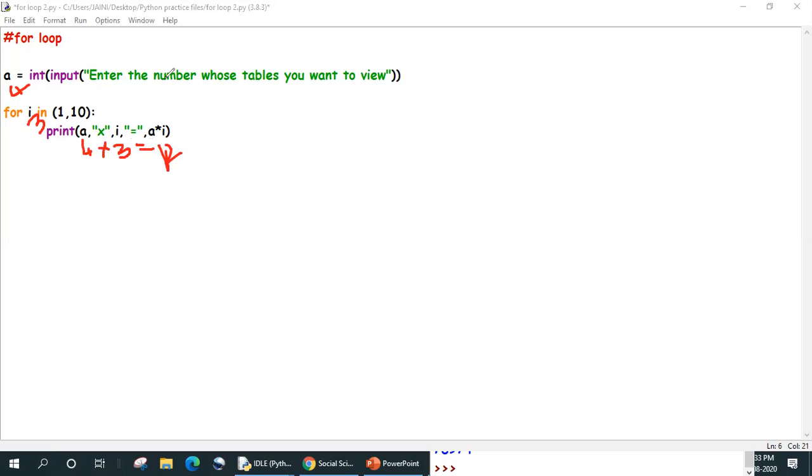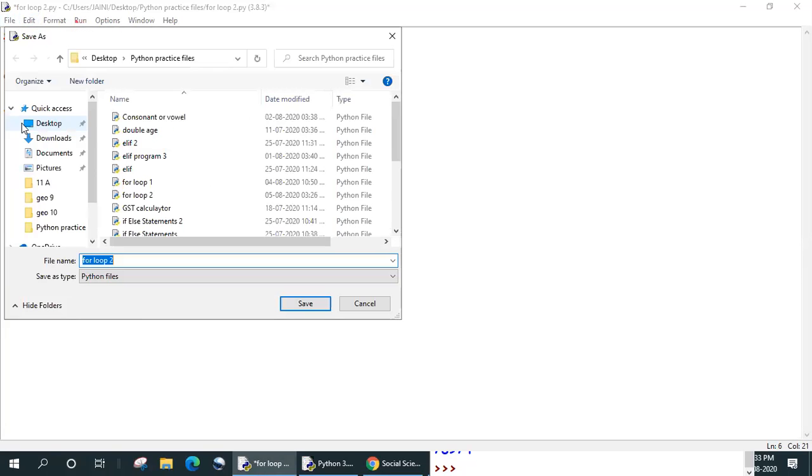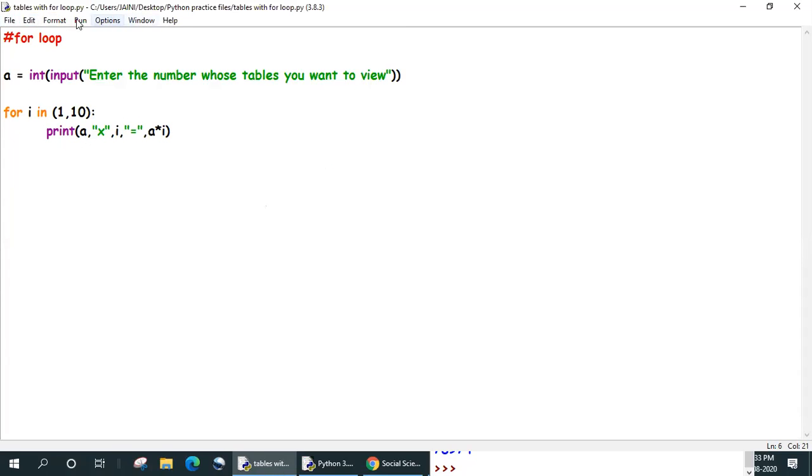Let's run it and check. I'll save as, I want a new file for this. I'm going to save it as tables with for loop. And let's run it.